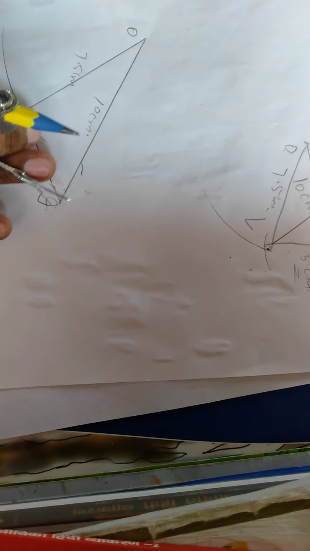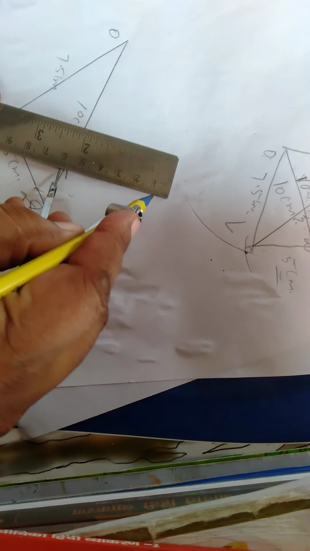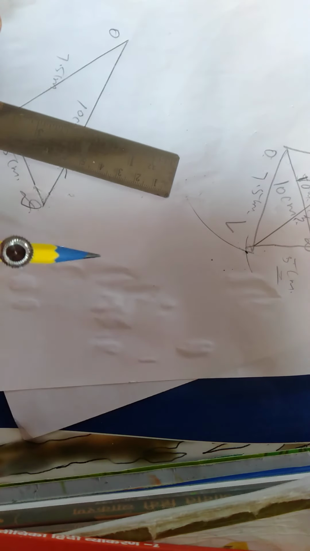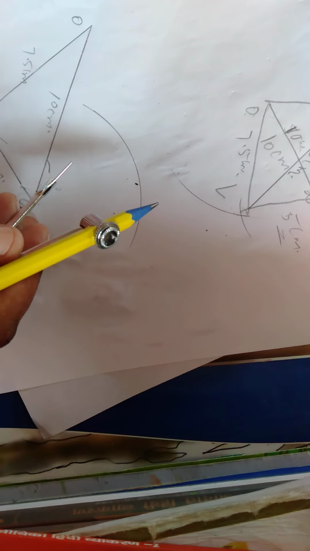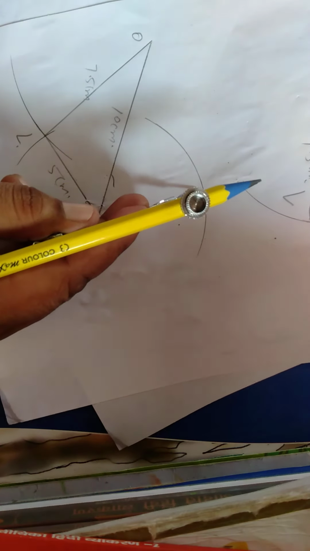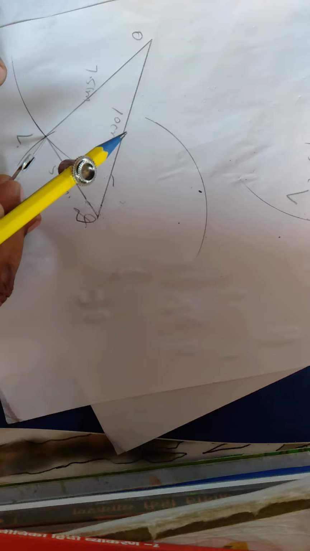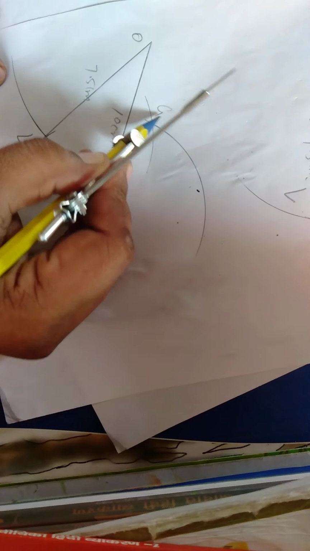Now open your compass, 6 centimeter. So set this 6 centimeter measurement. Right? Now this is GD, we have given 6 centimeter. So put at D, and cut this arc. Make the longer arc. You can remove it at the end. And same compass setting, because we have given LG is also 6 centimeter. This will be the G point. So same compass setting, 6 centimeter, put at L, and cut this arc, right? So this point will be G.